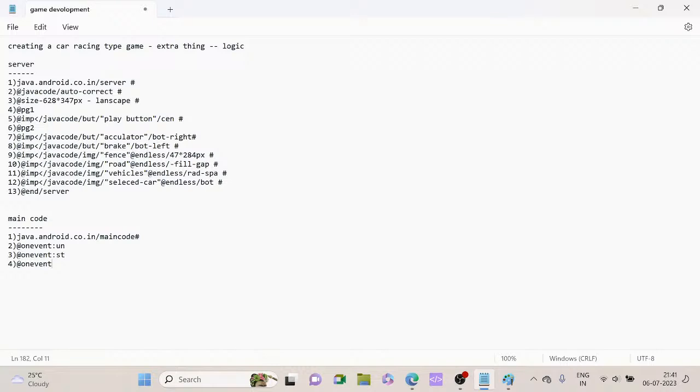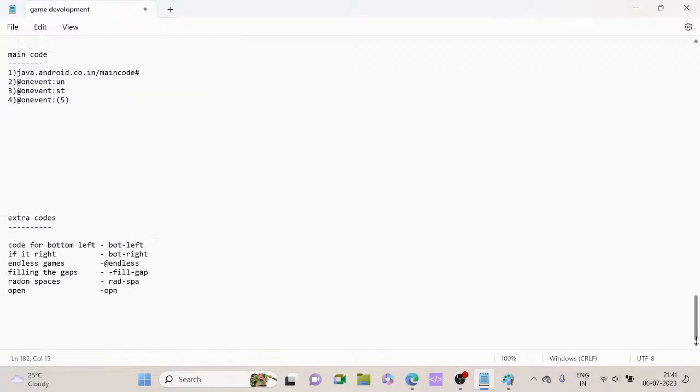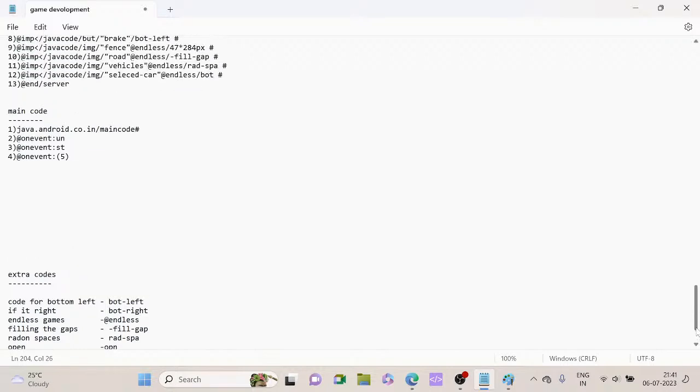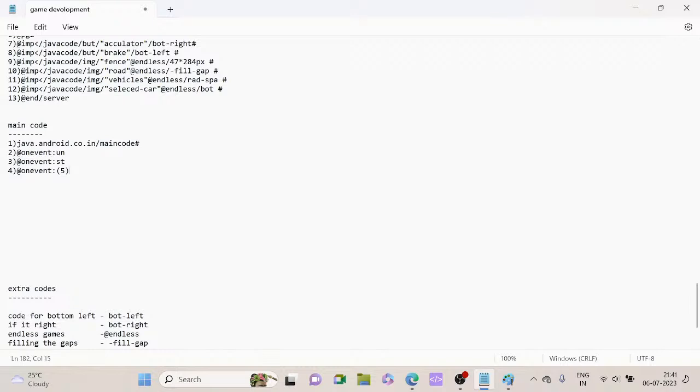Like on event is to bracket 5 click. The code for click is CLK. Okay. Code for click, CLK. Don't forget it. CLK on event 5 bracket 5 CLK